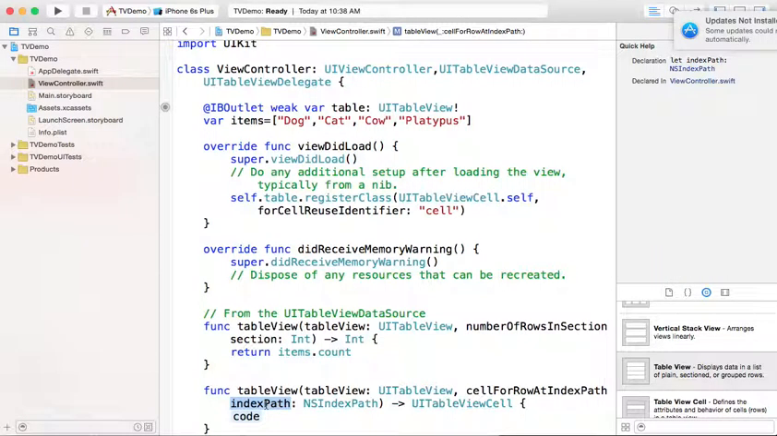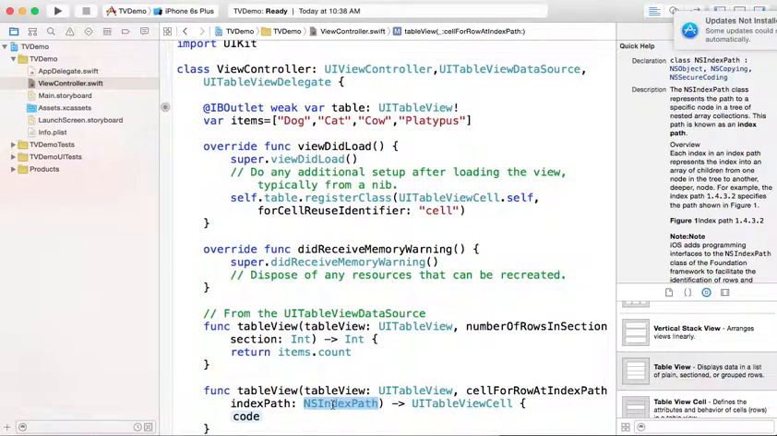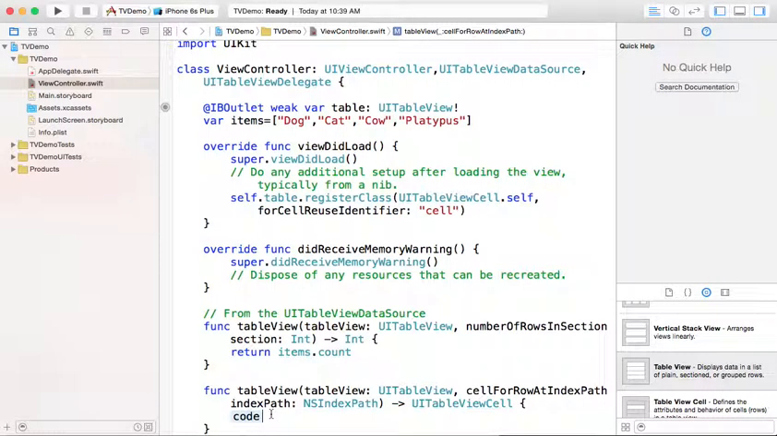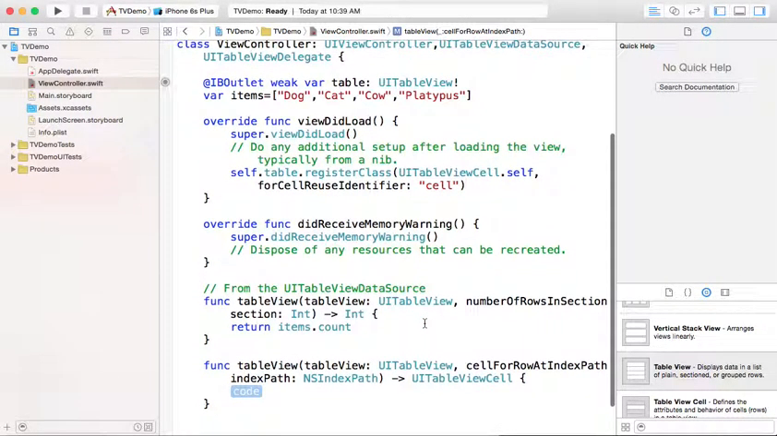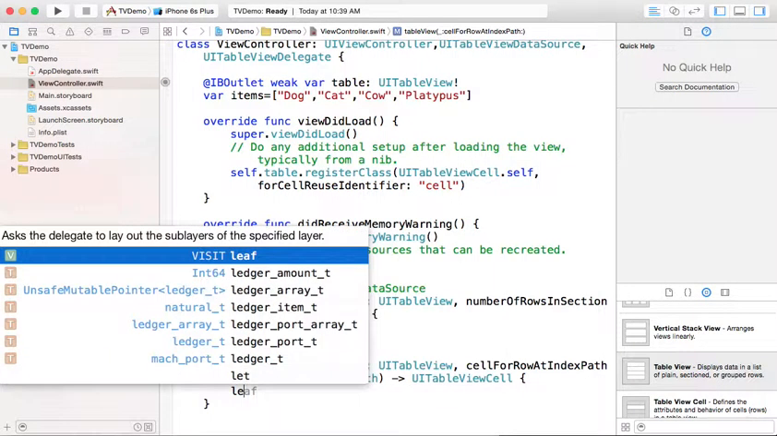Now the index path is an object that has a row number and a section number. For this table, it only has one section. I'm going to be looking at the section only. So, what am I going to do in this method? This is the heart of how we give cells to the table view. Just to make it really, really simple, the first thing I'm going to do is